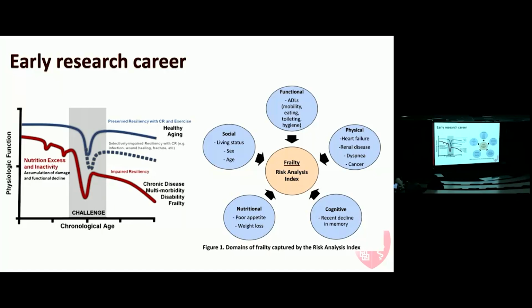That led to development of a surgical frailty screening tool called the Risk Analysis Index, which is shown here. I'm drawing this out because I'm going to touch on it later: frailty is multi-domain. It's not just about somebody who has a lot of comorbidities, but also deficits in other domains like cognition, function, social status, and nutrition. If you measure the deficits that accumulate across these domains, you can measure frailty. I developed this tool as part of my career development award.